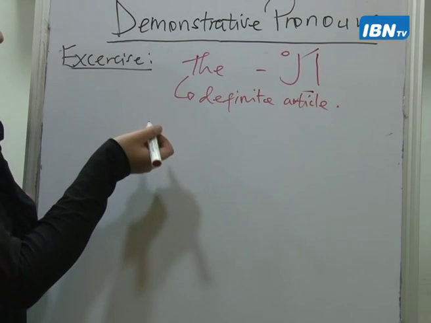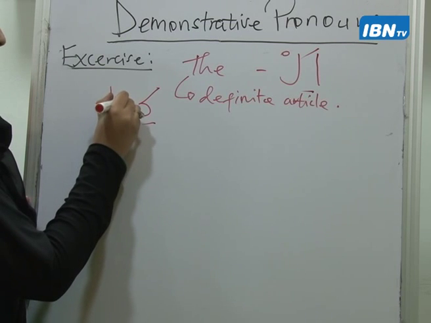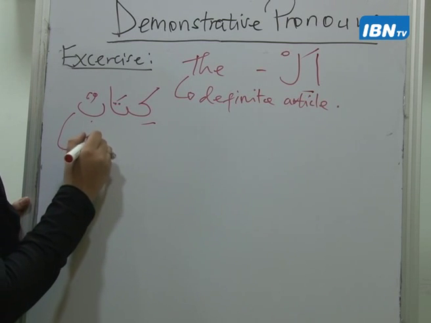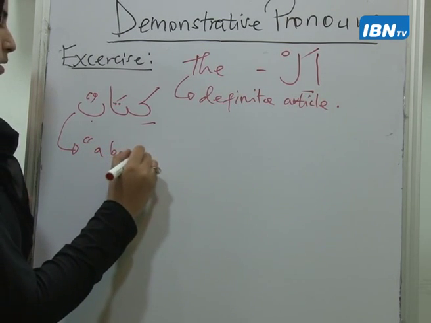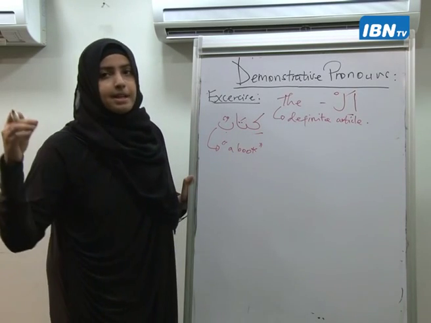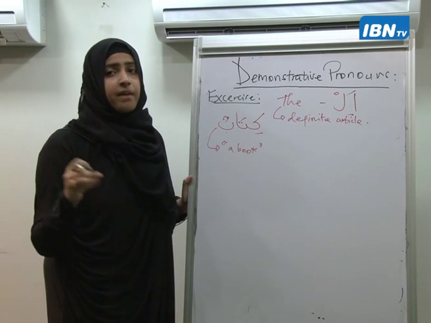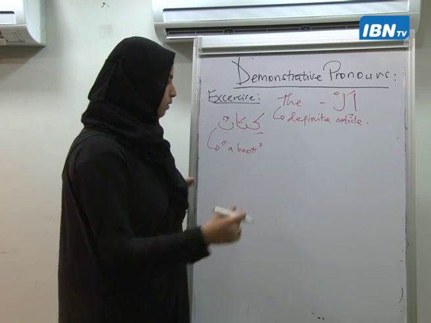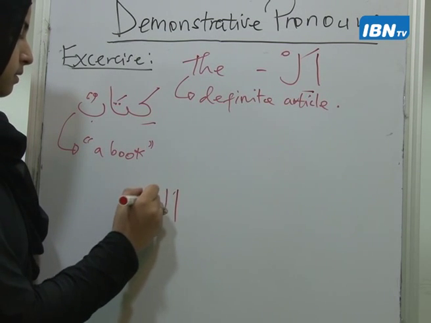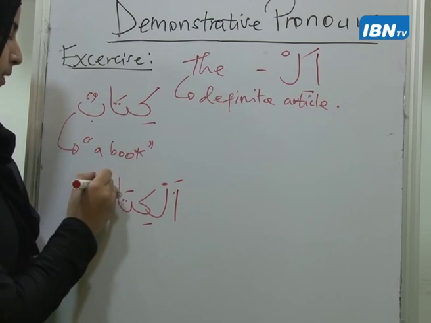So I have the word, for example, kitabun. If I say kitabun, what do I mean by kitabun? I mean a book, right? Kitabun means a book. But if I want to make it more definite, I'm talking about a specific book. I'm not just talking about any book. I'm talking about one specific book. So I'll say the book. So what do I do to it? I'll add an al. So I'll say al-kitabu. Now